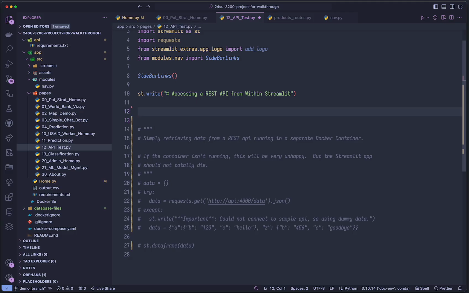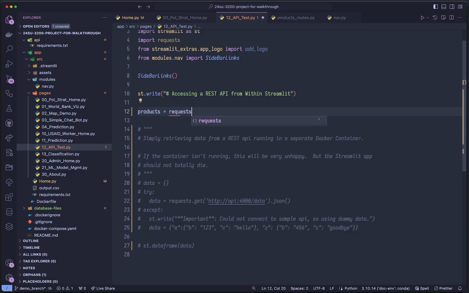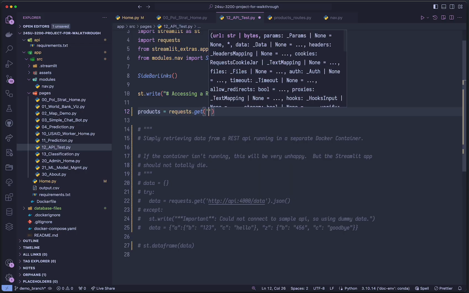So first what we need to do is get the data from the API. So I'm going to create a variable called products, and I'm going to access the REST API through the request library. So requests.get, and I'm going to go to